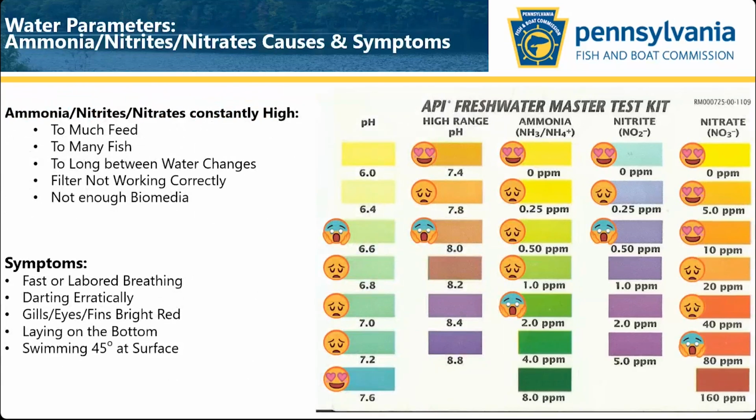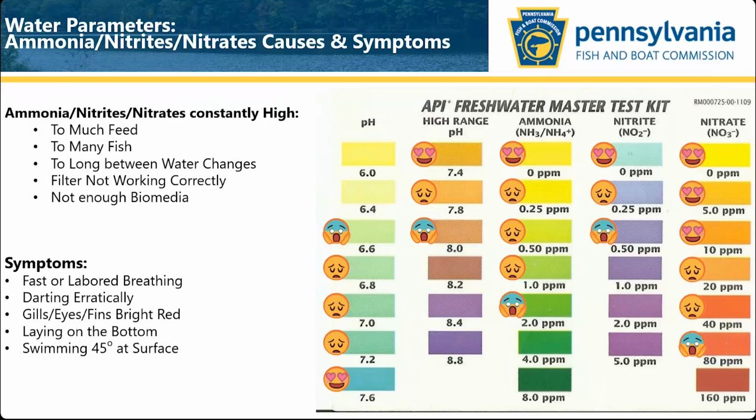So just a general guideline, you can see some of the smiley faces over there. Some of the problems that you're going to run into is, in addition to the ammonia, nitrites, and nitrates, you may run into some problems with your pH. If your pH is very low or very high, I want you to compare it to your source water. So if your source water is coming out of your tap or your source at, let's say, 8.0, and you're worried because you see other people that have, their tank is 7.2 or 7.4, we don't recommend doing any drastic